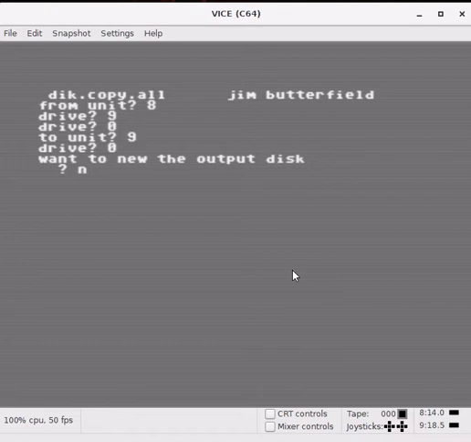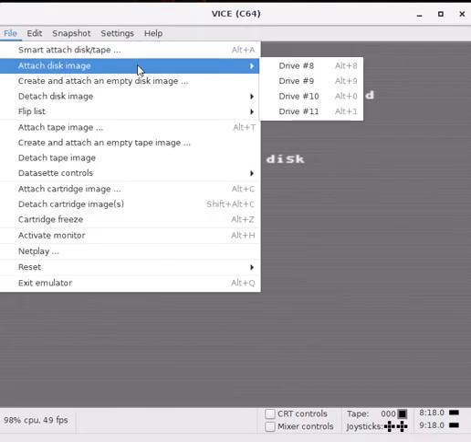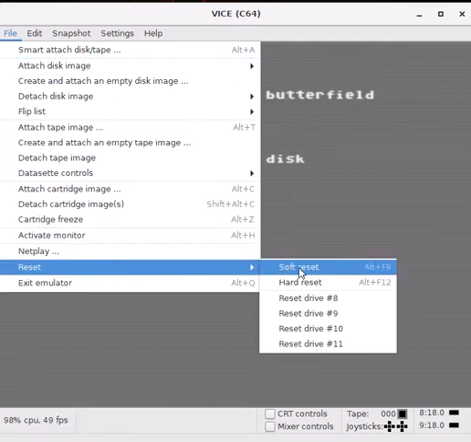I don't even know what I'm doing. Okay, I really don't understand what this program's doing. I'm not going to mess with it now. Just forget that. Let's do a reset.